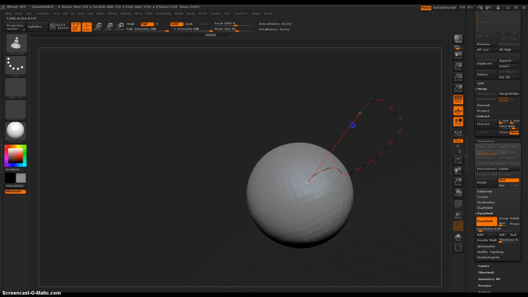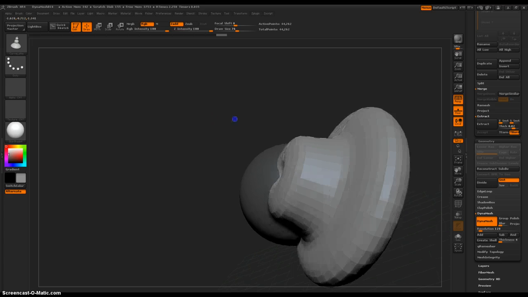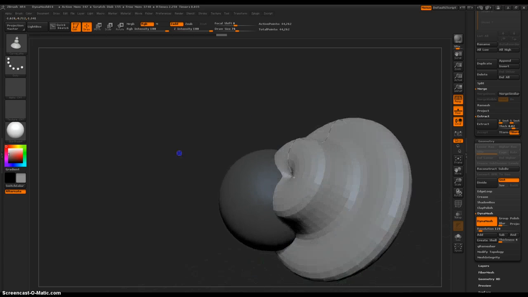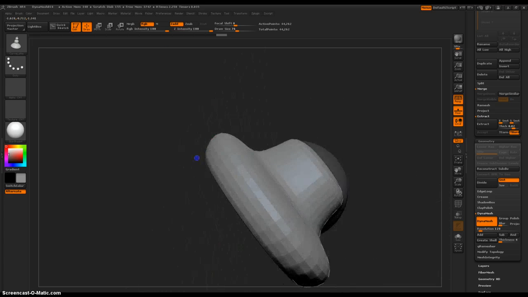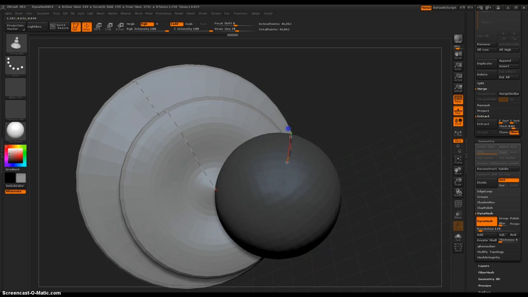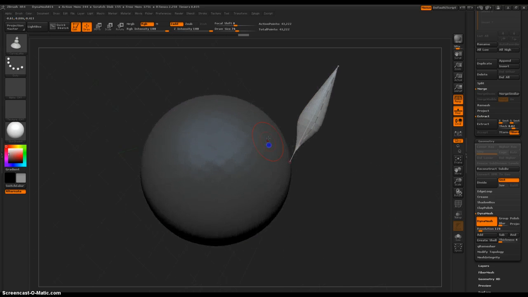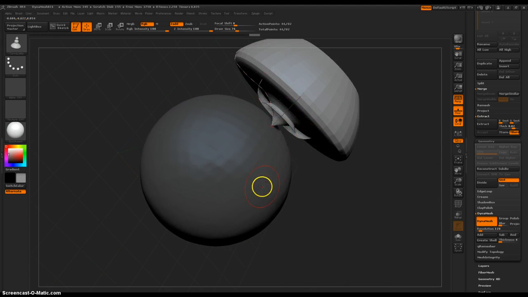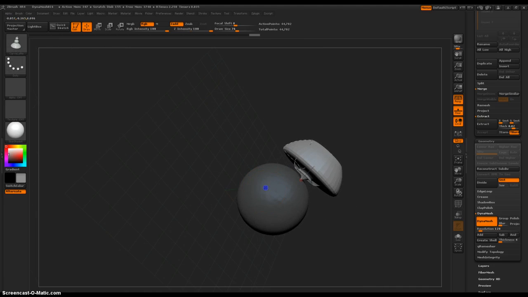So this is nice when you're trying to make shapes, or I don't know, just weird shapes. I'm not quite sure. Fancy. Okay, let's zoom out and